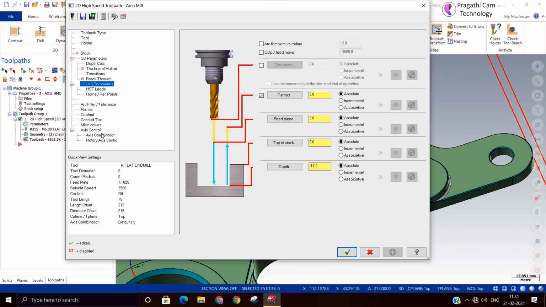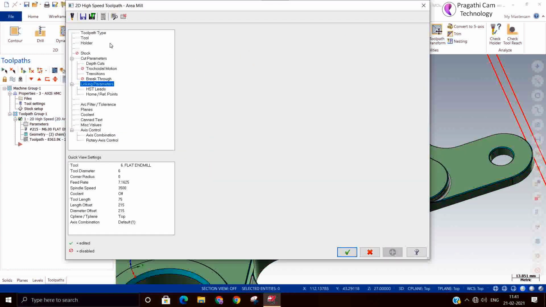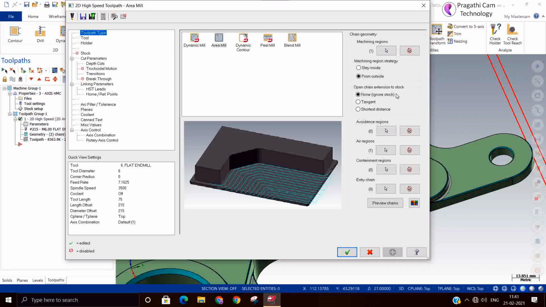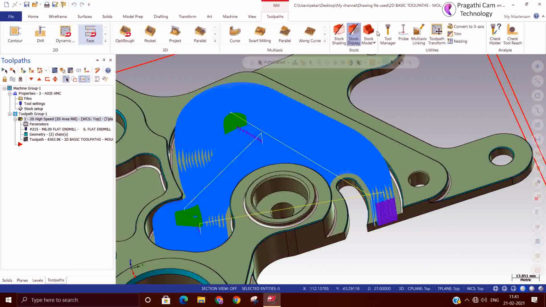It understands and it makes very good toolpaths. It also has similar avoidance region, entry region, or air region. All the things you can also see here. See all the options are allowed here.